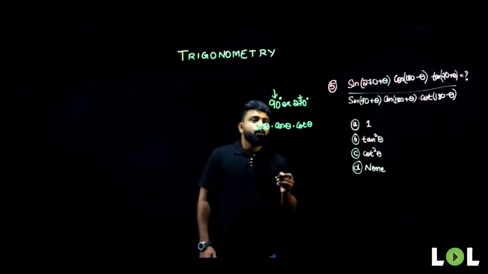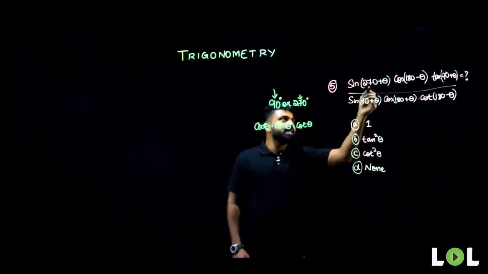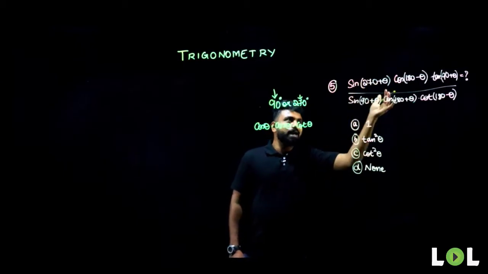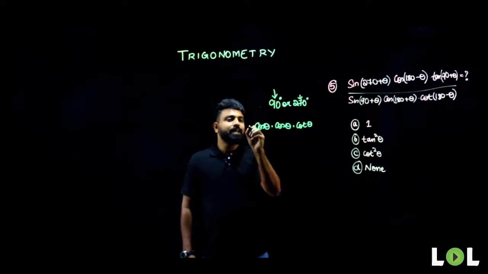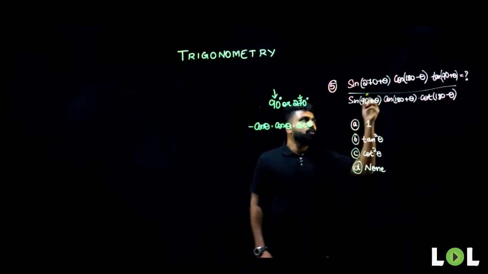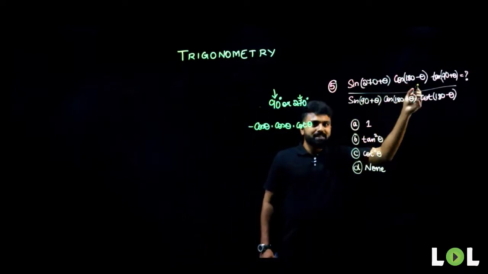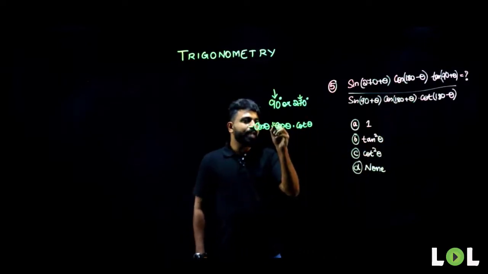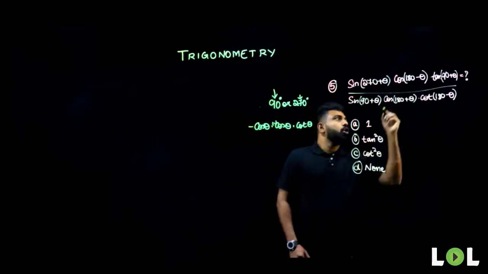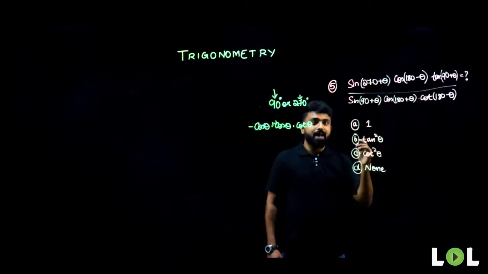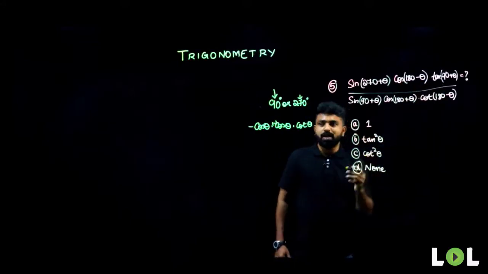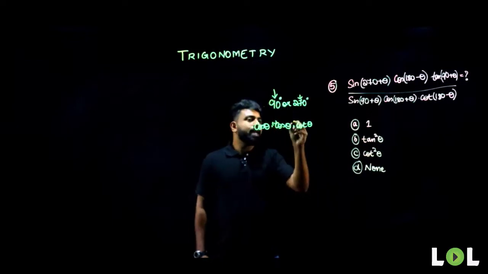So which quadrant are we talking about? In this it is the fourth quadrant. 270 plus theta falls in the fourth quadrant, so the value of sine will be negative here. For cos of 180 minus theta, it will be in the second quadrant, so again this will also be negative here. So what about tan 90 plus theta? Tan 90 plus theta will be in my third quadrant. Sorry, second quadrant. 90 plus theta is in the second quadrant, so the value of tan will also be negative in the second quadrant.